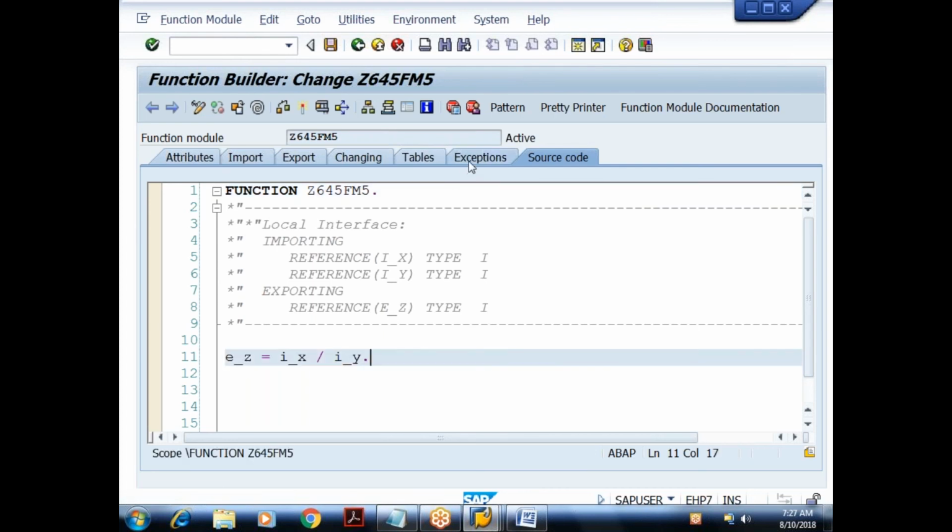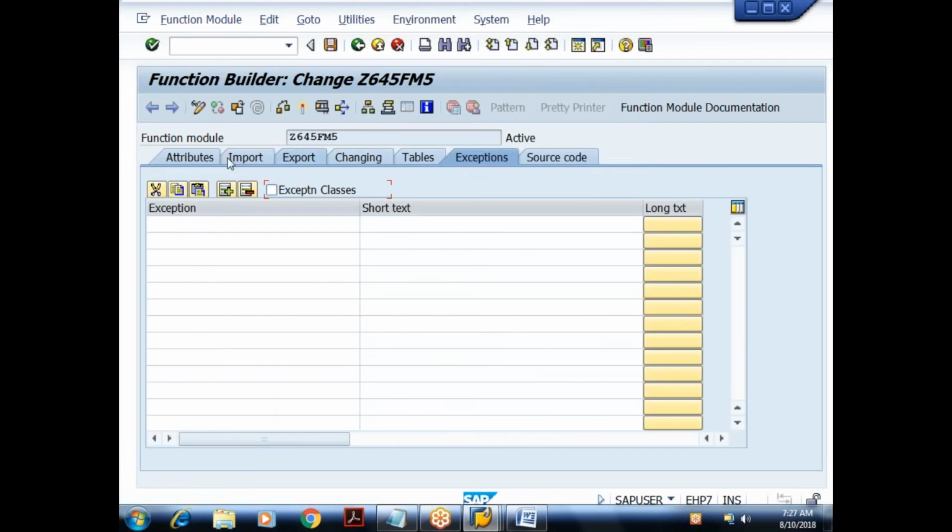So now I'll go to the exceptions tab. Here I have to give the exception name. We don't know much about exception classes at this stage. When we come to object oriented, we'll understand what exception handling is, all those things. For the time being, we're just trying to understand the exceptions tab. In the exceptions tab, we can declare the exceptions. I can declare standard exceptions. I can declare user defined exceptions. But again, we don't know anything about exceptions.